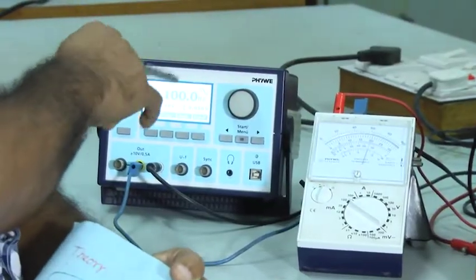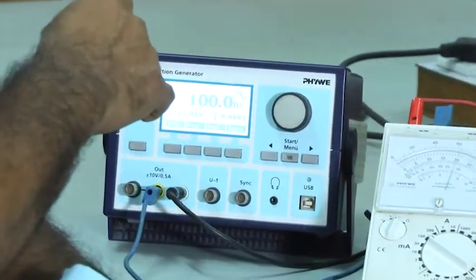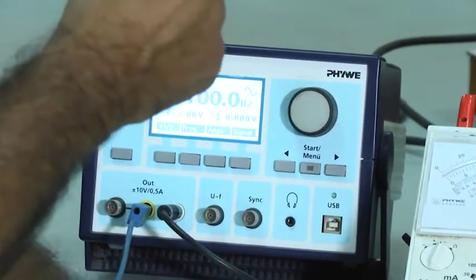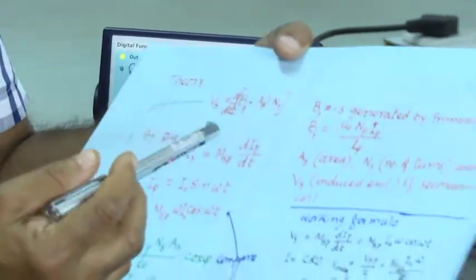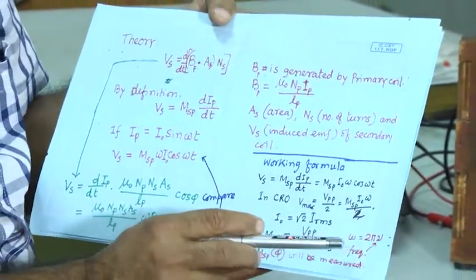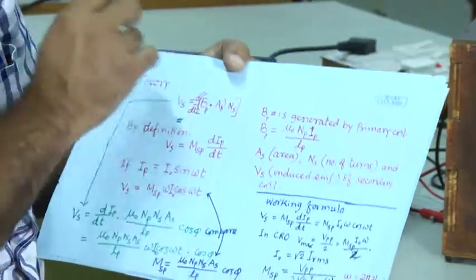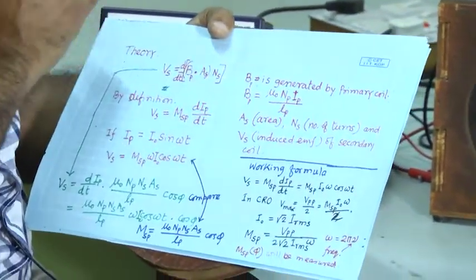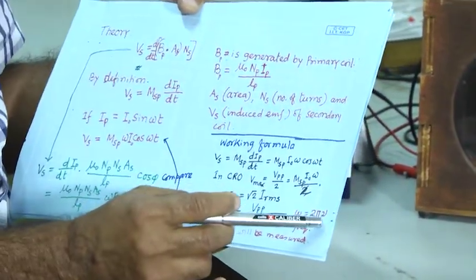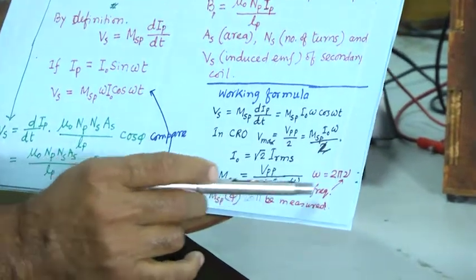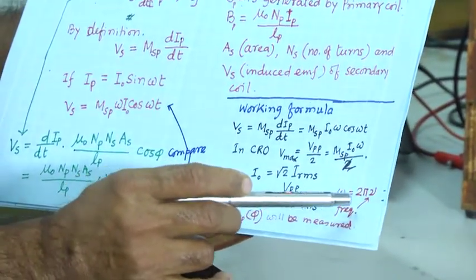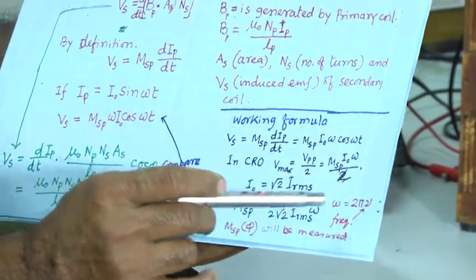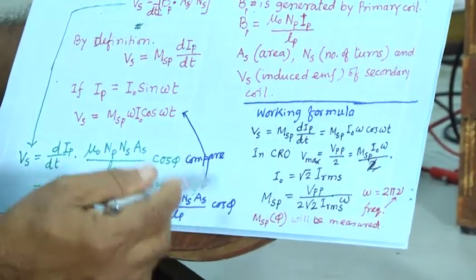Now, here basically we will get the reading of the frequency, this nu. So, 2 pi nu equals omega. Since in our experiment the instrument gives us nu, we will replace this omega by 2 pi nu. So, now basically